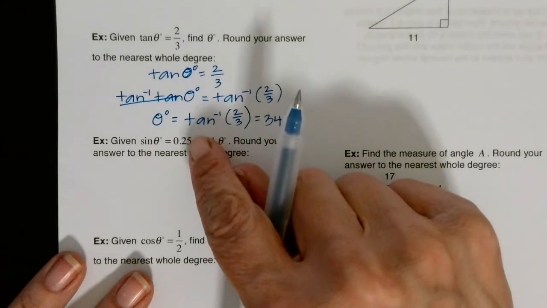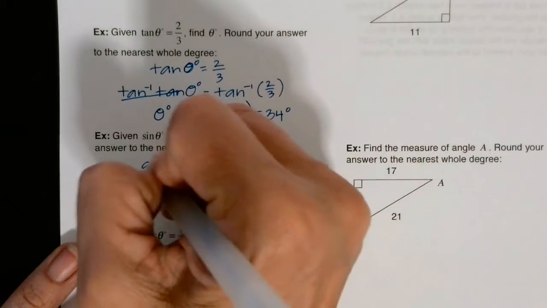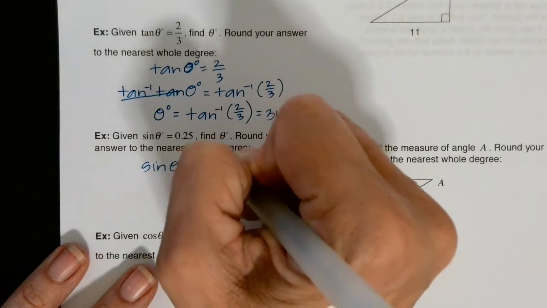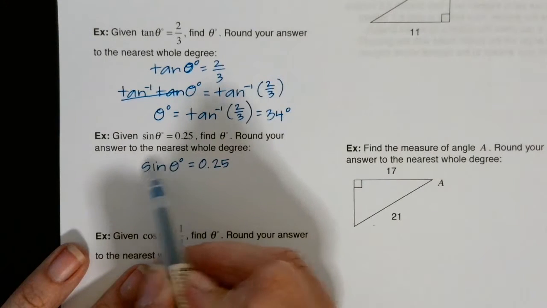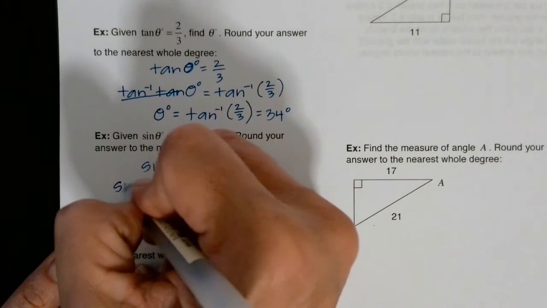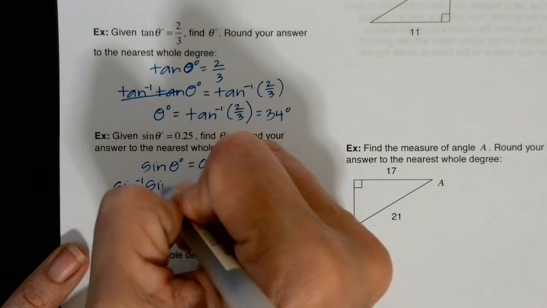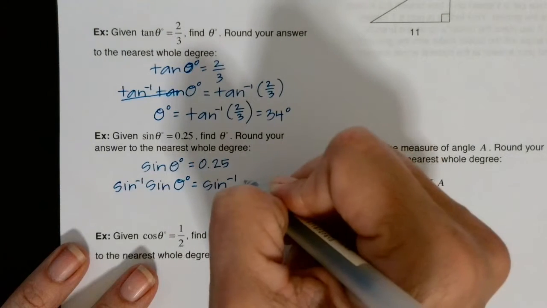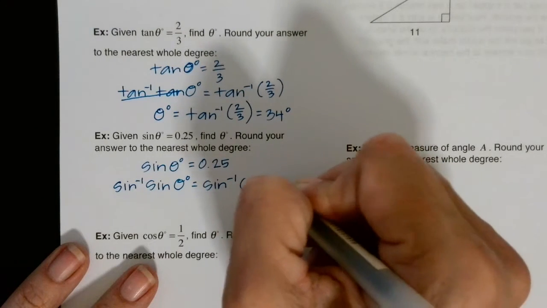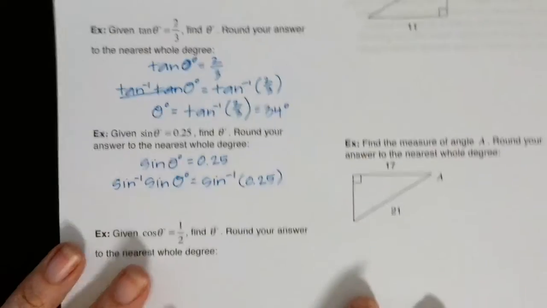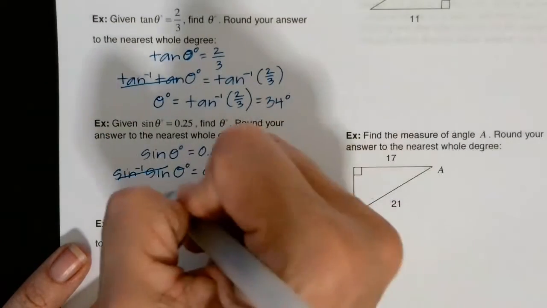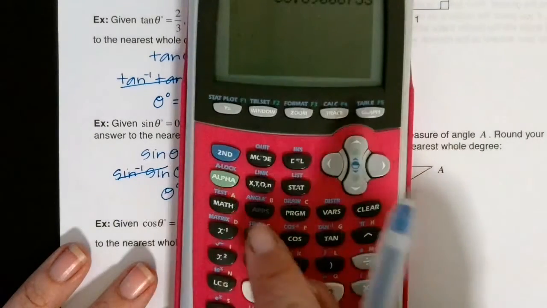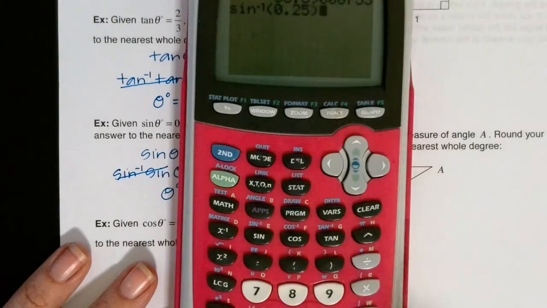Now instead of being a fraction, this is a decimal. So we have the sine of theta equals 0.25. How do I undo the sine so that I can find the angle? I take the sine inverse, and what I do to one side, I do to the other. Now you better be following proper notation, okay? So I don't want any sloppiness, otherwise I'll mark it down. You have to do sine inverse on both sides. So this equals second sine 0.25